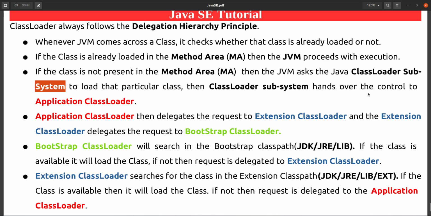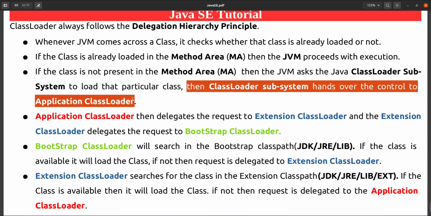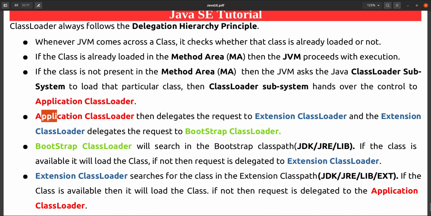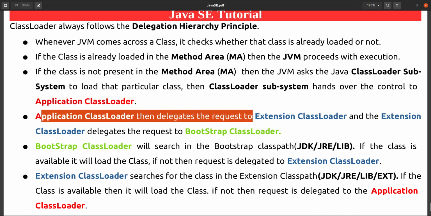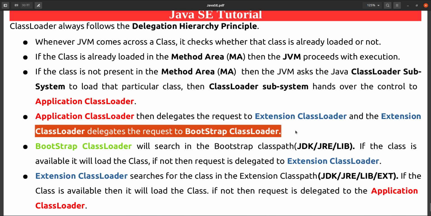So the class loader subsystem, what will it do? It will load a particular class. Then the class loader subsystem hands over the control to the application loader. Application loader then delegates the request to extension loader, and then extension class loader delegates the request to bootstrap class loader. This is the process that is happening.